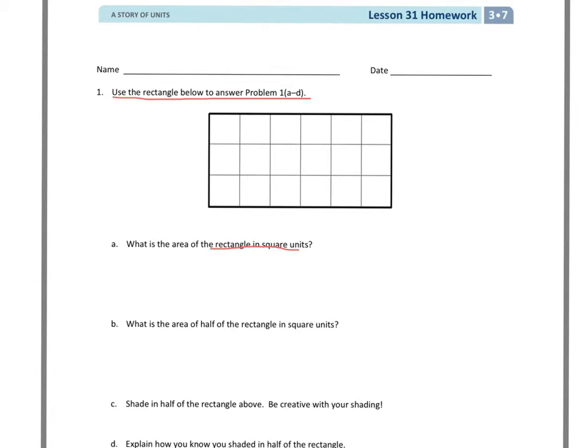Well, I can go through and I know area is the measurement of the inside in square units. So I could just count all the squares in there. And I have 1, 2, 3, 4, 5, 6, 7, 8, 9, 10, 11, 12, 13, 14, 15, 16, 17, 18. So I could just put 18 down there